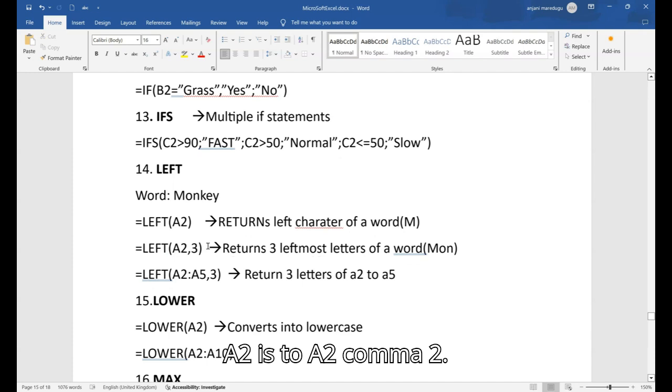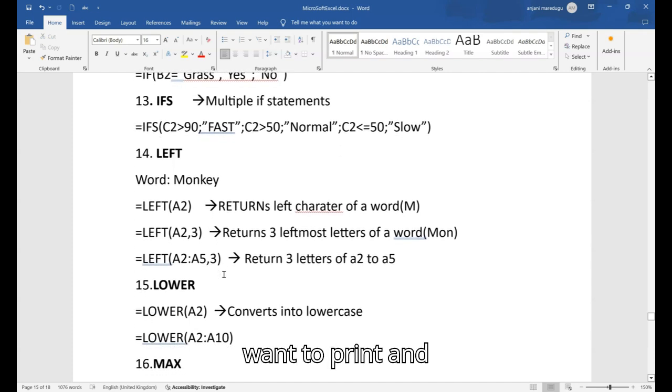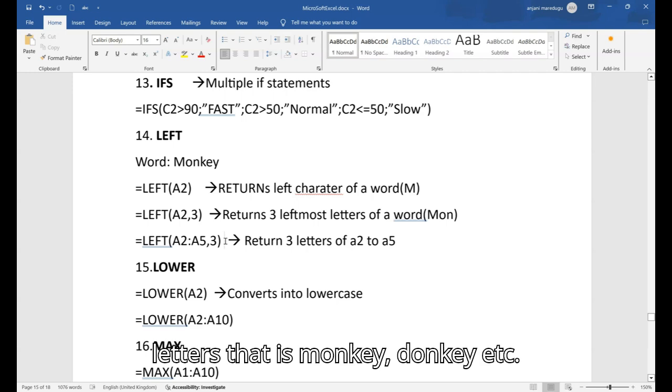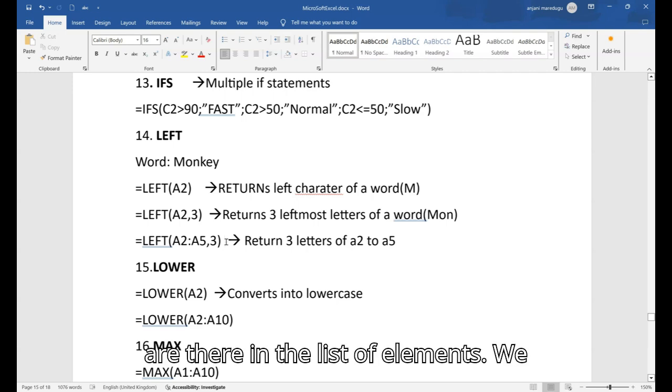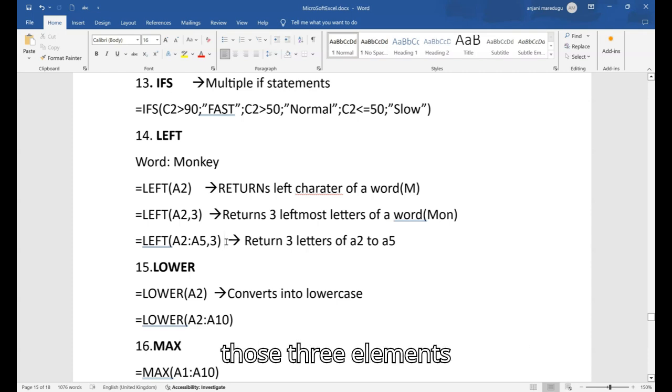A2 comma 3, where 3 is how many letters we want to print. And also we can print from a sequence of letters, that is monkey, donkey, etc. that are there in the list of elements. We will print the leftmost letters of those elements.